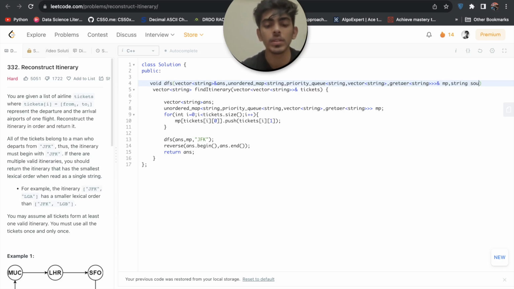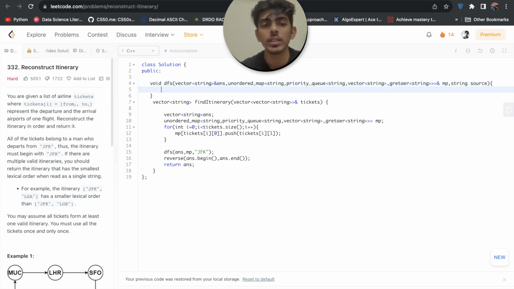String source. After that we will check whether mp of source, which will give you a priority queue, is empty or not.